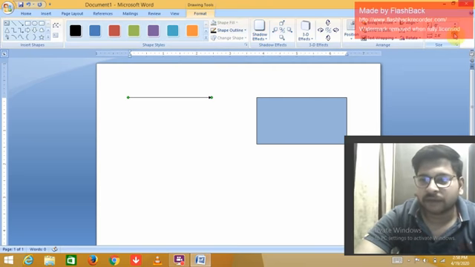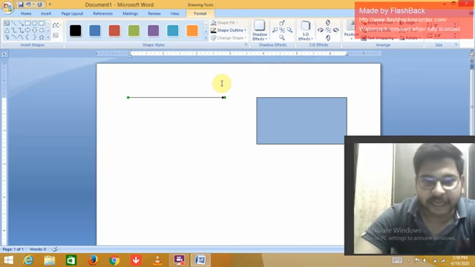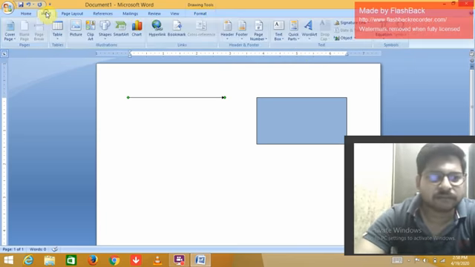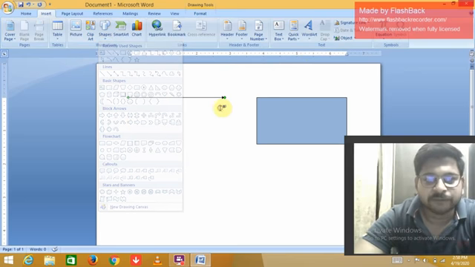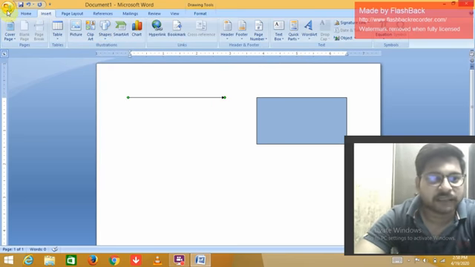All of you understand how to insert a line and a rectangle, and you can insert any shape you want. Now we conclude this video. Hope you understand how to insert a ready-made shape and why we insert these shapes.